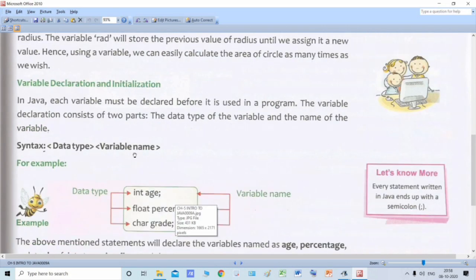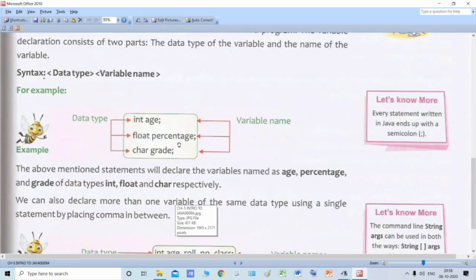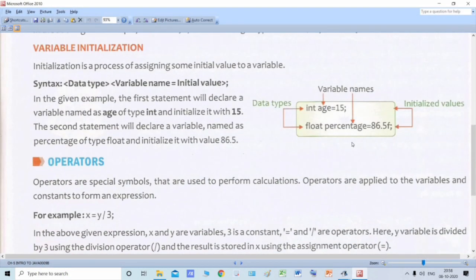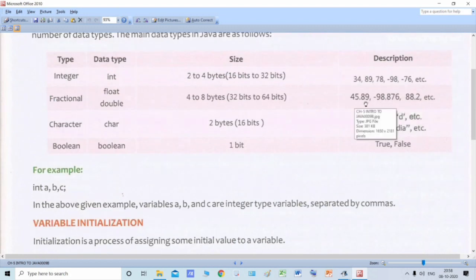Now, if you have written float percentage, that means this variable can accept only decimal type of values. It can accept 44.89, or any decimal value, 1.5, 0.5, but it cannot accept an integer value or a character value or a boolean value.